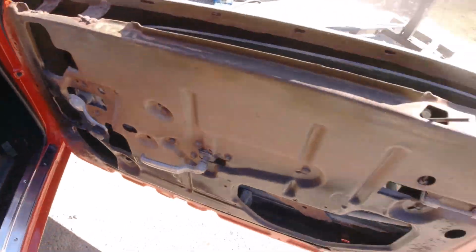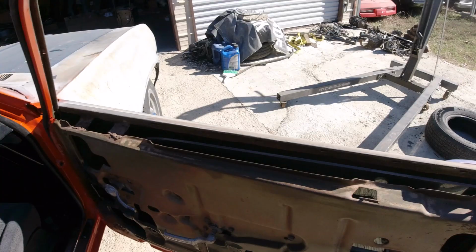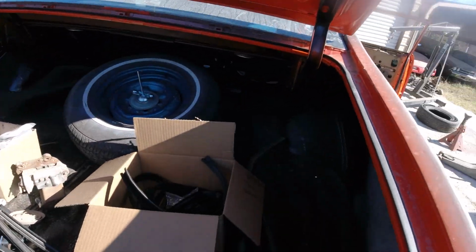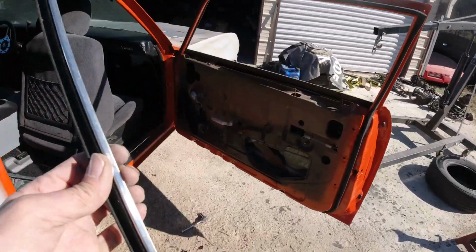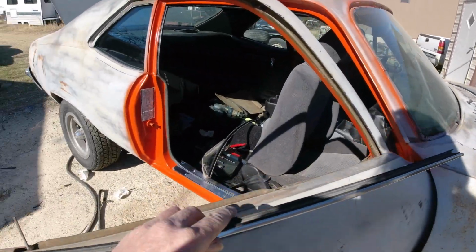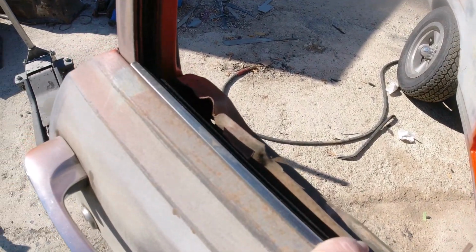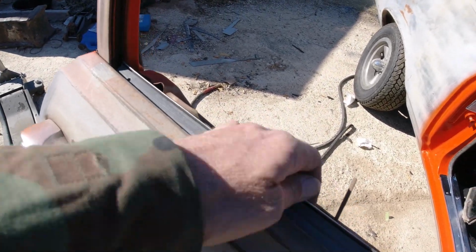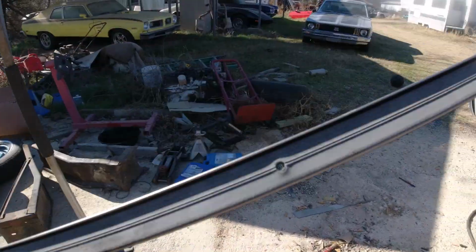Okay, this molding here didn't have 2 screws on it, just has those clips. But like I said, I'm going to have these extra from the 74 GTO. See, so we're gonna mount them. I gotta cut it. I'm gonna mount that like that, and then just drill a bunch of screws basically where those holes are there. But we're not going to do that until we put this